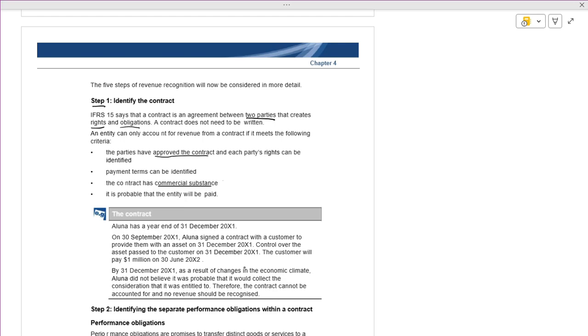It is probable that the entity will be paid. The commercial substance means there should be a monetary aspect linked to it. What it says is that